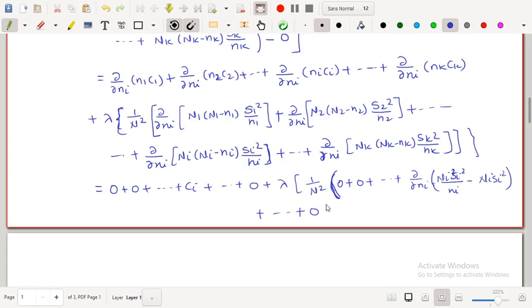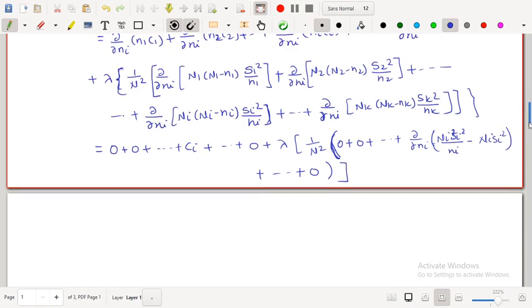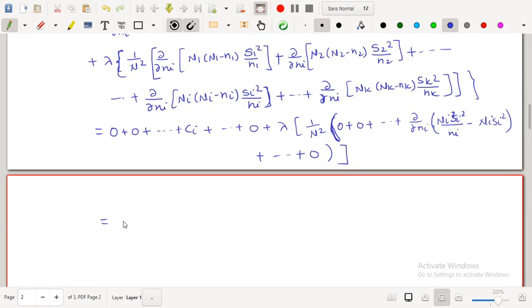This bracket is going to close here and this bracket is going to close here. And look at this, this will be ci plus lambda into 1 upon n square